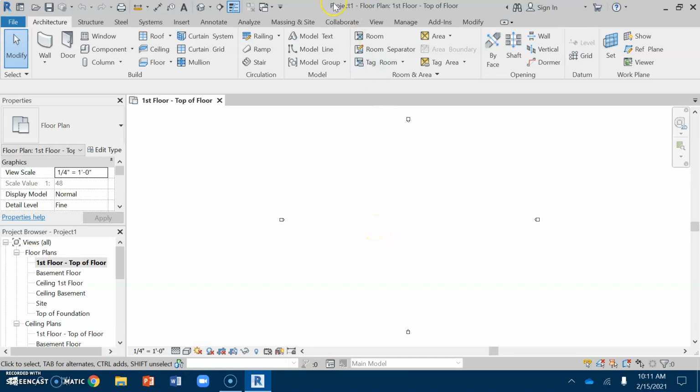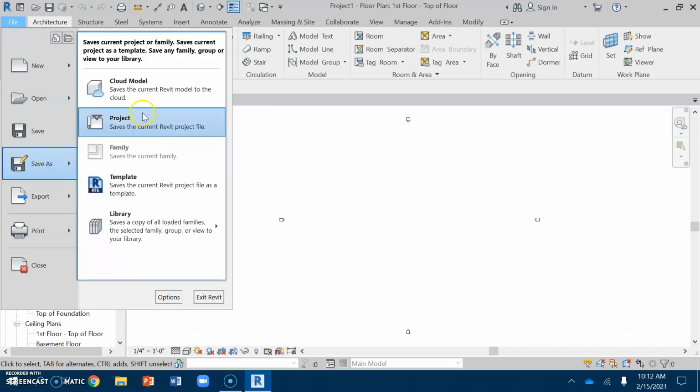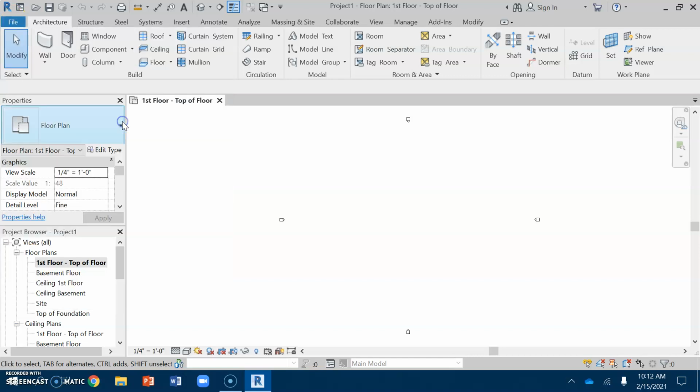So at this point, it's still called just Project 1, floor plan, first floor, top of floor. So we want to come up to File and click the word File here and come down to Save As a Project. So you're going to come to the File, Save As Project,